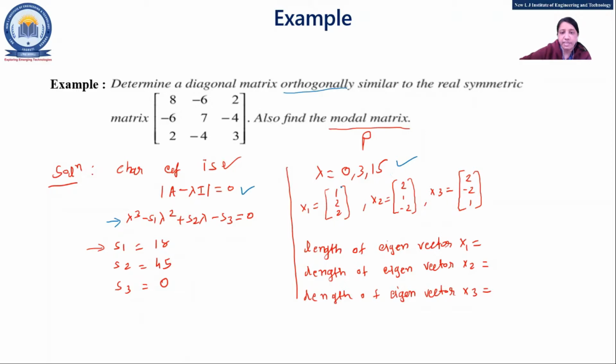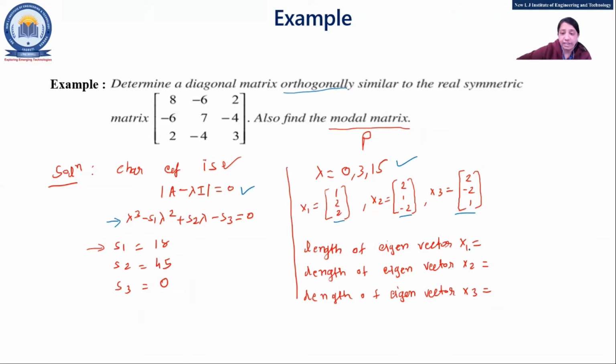Your lambda, that means what eigenvalue. Eigenvector are this one. Okay, in the exam you have to find out this. You have to show all the steps. Now, the step 1 for the orthogonally, that is what?